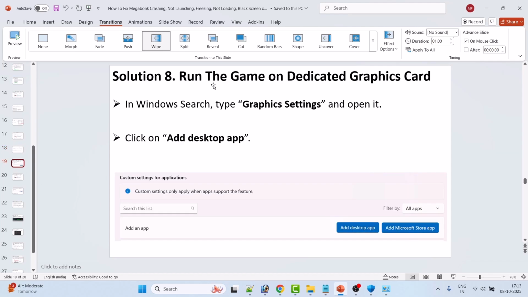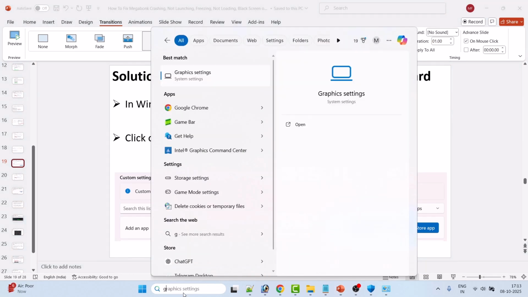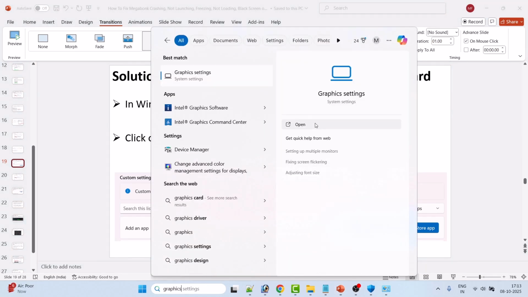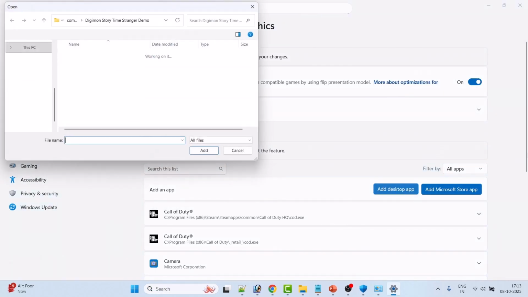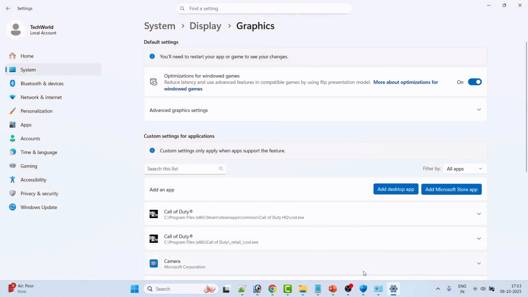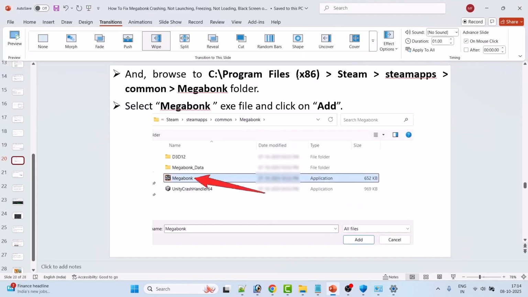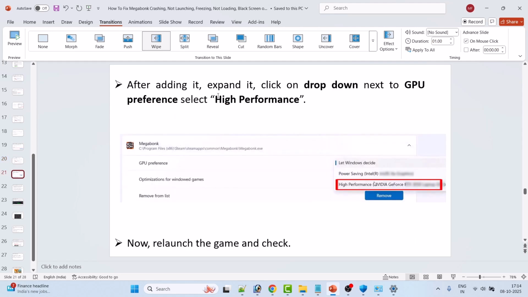Solution 8 is to run the game on the dedicated graphics card. So in Windows search, type graphics settings and open it. Click on add desktop app. Now go to the game installation folder. Browse to C drive, Program Files x86, Steam, Steam apps, common, Megabonk game folder. Select the Megabonk exe file and then click on add. After adding it, expand it. Click on the drop down next to GPU preference and select high performance, and then you can relaunch the game and